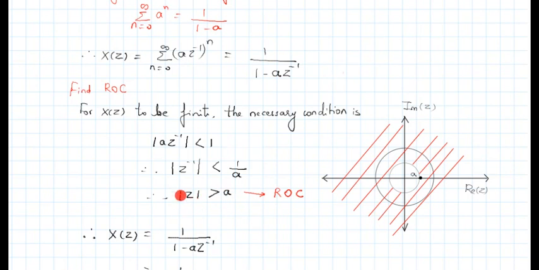So if we have this value of z always greater than a, then this is the region where the z transform exists. This is what ROC means: the region where your z transform actually exists. If we do not satisfy this, there is a probability that the z transform may reach a value of infinity, which is not acceptable. So how would we plot this particular ROC?